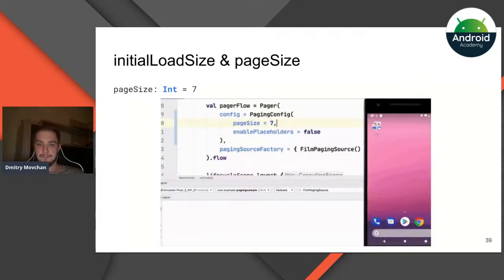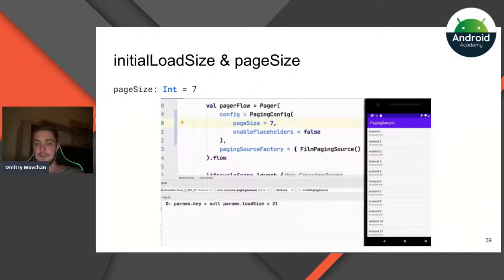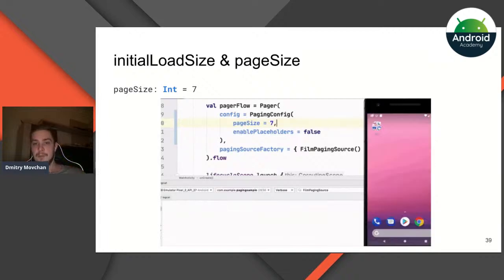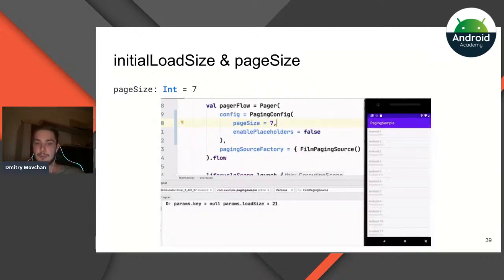How will it look? We're starting our application with page size, for example, 7. Once our application is loaded, there will be an initial load of 3 times our page size. As we can see here, we will load 21 items at the start of the application. After that, when we move further in our list, we will load only 7 new items.